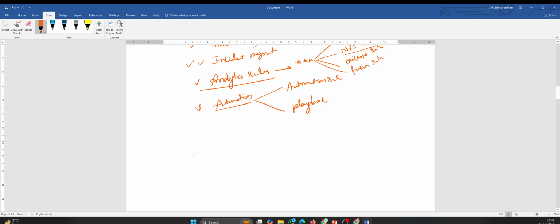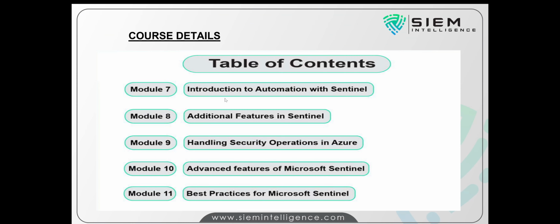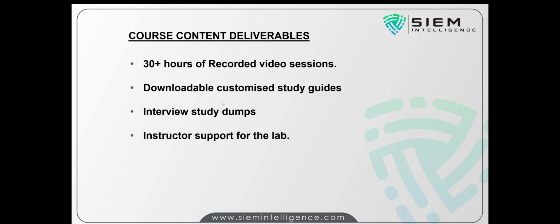Then, once we have understood this, as I said, we'll cover advanced features and tuning. This covers the entire Sentinel plan of action, and I'll also explain Sentinel permissions, Sentinel roles, what roles you require to set up, and all the common settings that we are going to learn. We are going to cover all those in this area. So this is the scope of our entire course. Now we understood this course, right? Now what will you get as a deliverable?